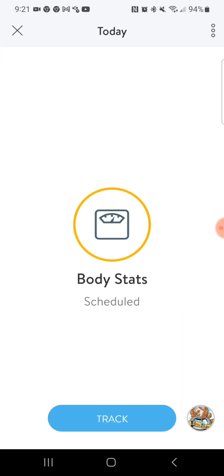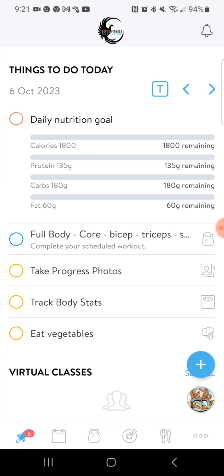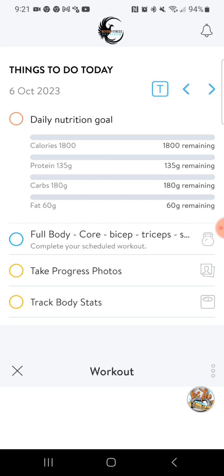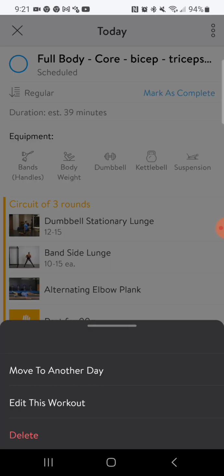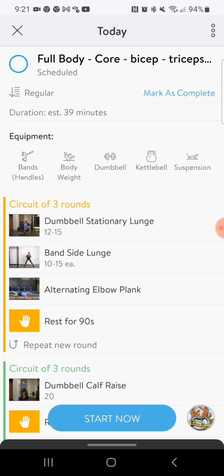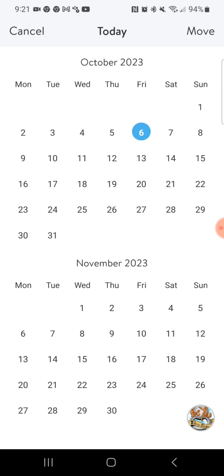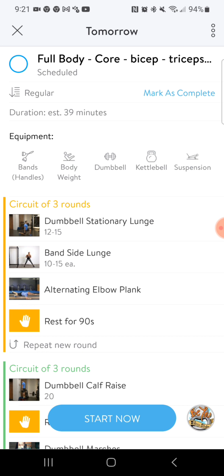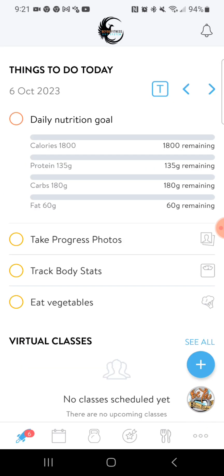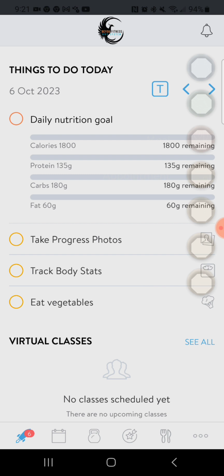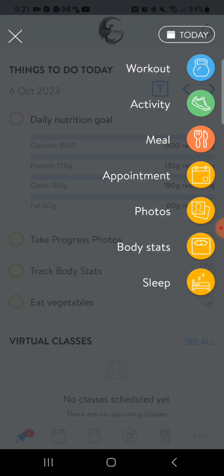All right, let's go ahead and get into this. So let's go ahead and get to our main workout. You already noticed that it's already on my screen. I can come in here. I can move it to a different day. Let's say I don't have time to do it today, I can try to reschedule it for Saturday. I can move it. So now if you go back to the main dash, you're not going to have the workout on there. So let's say I want to do a different workout, I come to that plus,